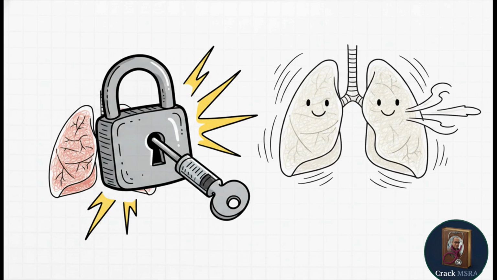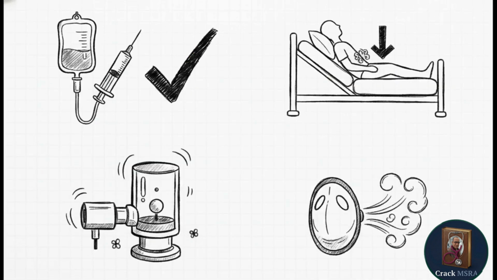Whether you're using patient-controlled analgesia, an epidural, or regional blocks, you have to get the pain under control. Why? Because the pain is exactly what's stopping the patient from taking deep breaths and coughing effectively. If you don't control their pain, absolutely none of your other respiratory therapies are going to work. It's that simple. Once you have that adequate analgesia properly on board, we can deploy the rest of our management